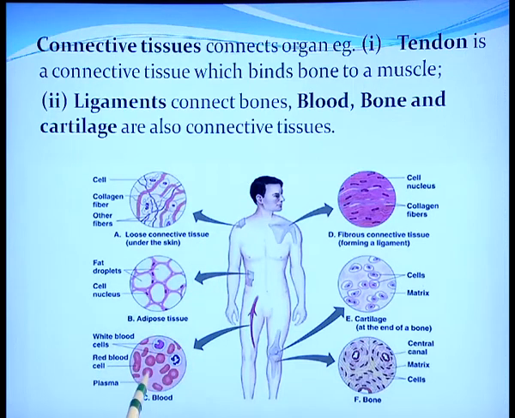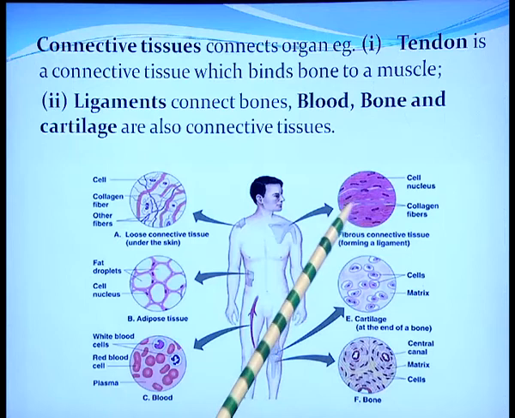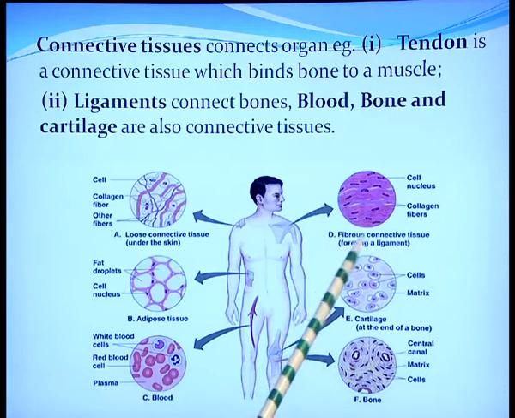Then blood, as you know, has the plasma which is its fluid matrix, and in which there are cells, the red blood cells and the white blood cells, which protect our body from germs, the red blood cells which carry oxygen to different parts of the body. Then there are collagen fibers which give rigidity, and there is cartilage in our skeletal system. In our skeleton there is bone and cartilage, and you can see how the cartilage and